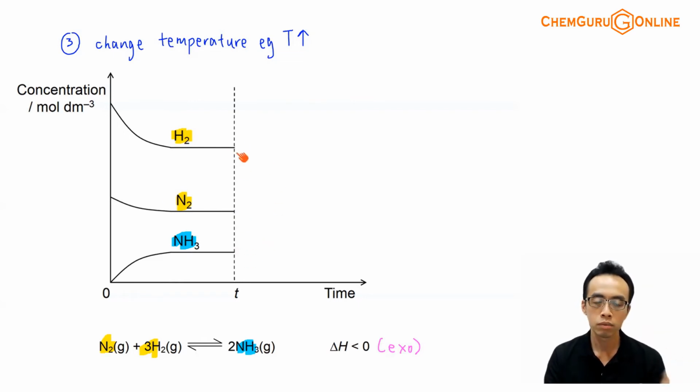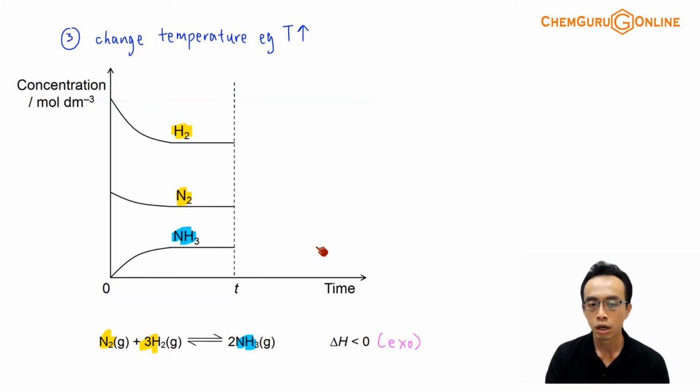So what the system, or what the species, will do is, when there's a change in temperature, the system will feel the change in temperature, then it will respond. So at time t, we do not expect any sharp change in the concentration of your reactants or the concentration of your product, but later the system will respond, depending on whether it favors the exothermic reaction or endothermic reaction. So at time t, there's no sharp change, but the system will still do something about it when there's an